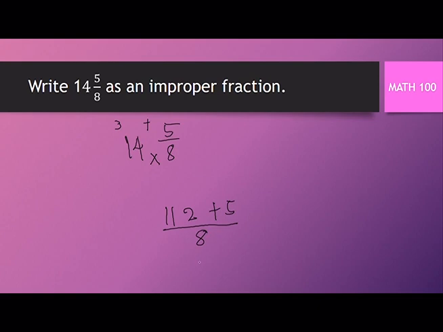Now, adding, that will be now 117 over 8. That is now your improper